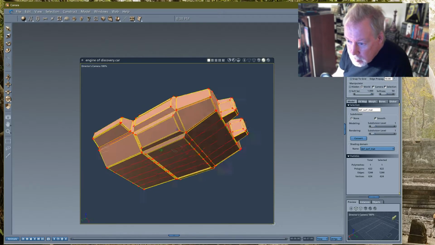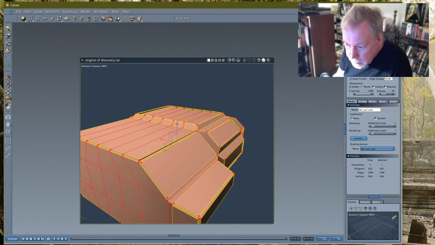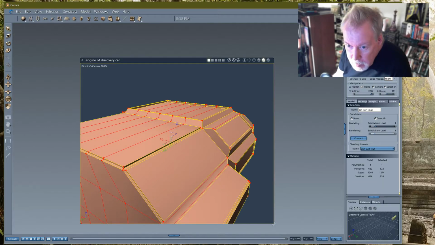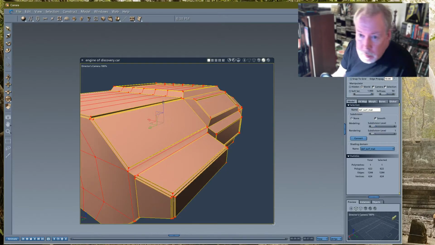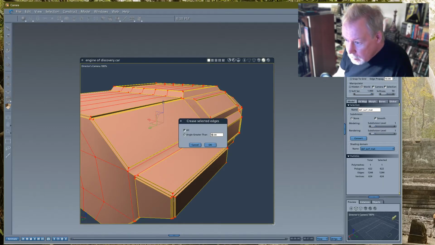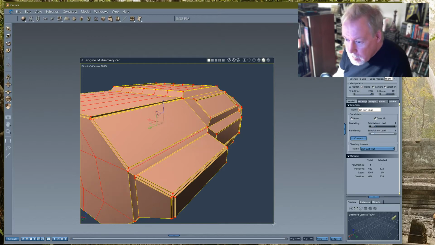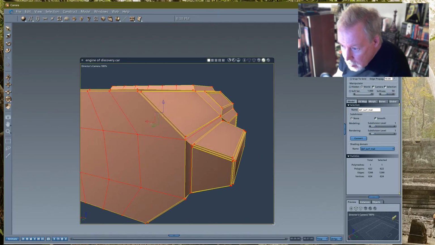Let's take a look at things. How's it looking? I see some red. This didn't get creased and this didn't get creased. Okay, so we're going to crank it up. Where'd it go? Model, crease. Make it 30. Anything above 30 gets crushed. So how's that look? Yeah, that looks good.